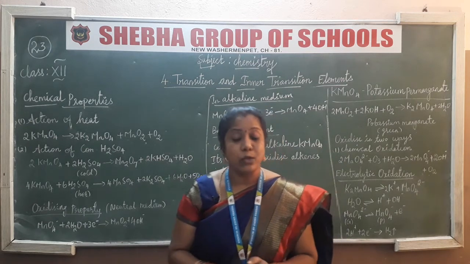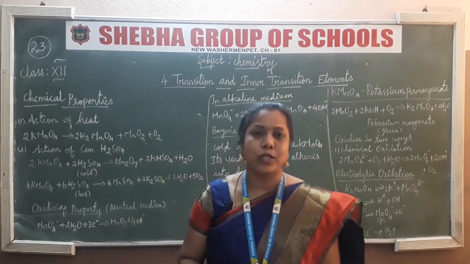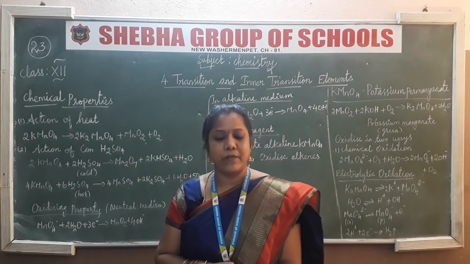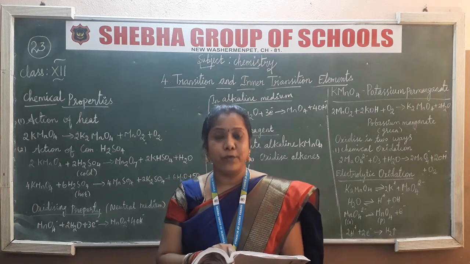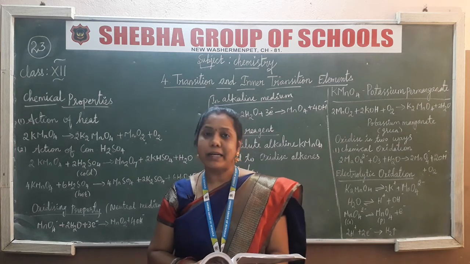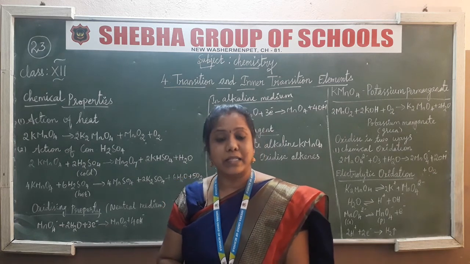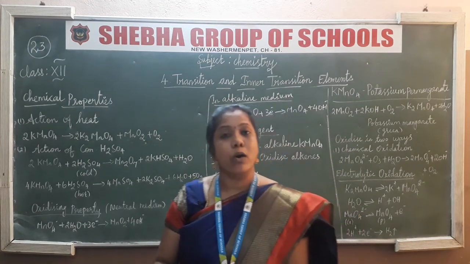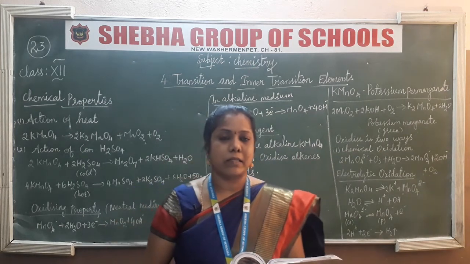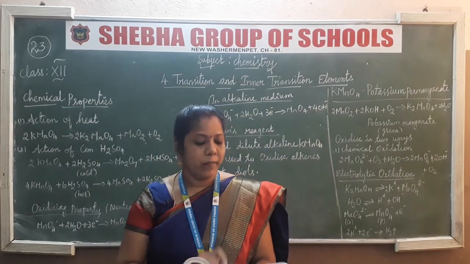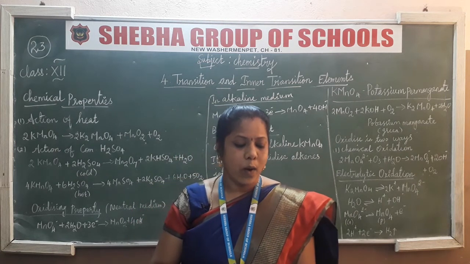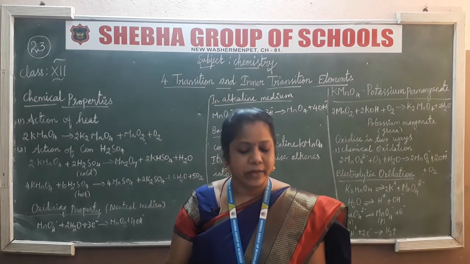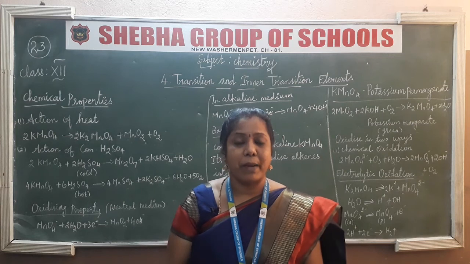But now go for the uses. It is a strong oxidizing agent. It is used for the treatment of various skin infections and fungal infections too. It is used in water treatment industries to remove iron and hydrogen sulfide from well water. It is used as a reagent for detecting unsaturation in organic compounds. In volumetric analysis we use KMnO4, right? That is the main use. It is also used in quantitative analysis for the estimation of ferric salts, oxalates, hydrogen peroxide and iodides. So these are all the uses of potassium permanganate.